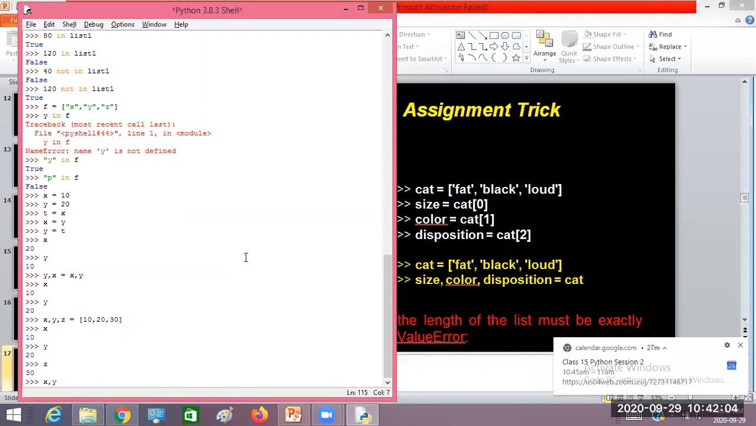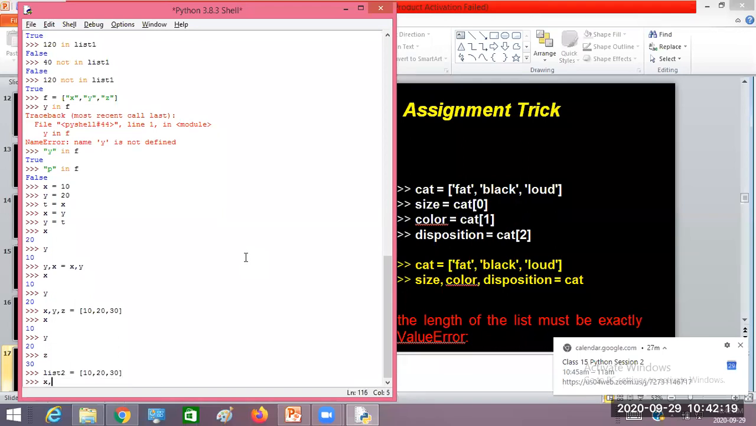But if I do it this way, what will happen? I'll take another list now, list 2. Now I'll take 10, 20, then 30. So now I'm having list 2. Right. So now I can write